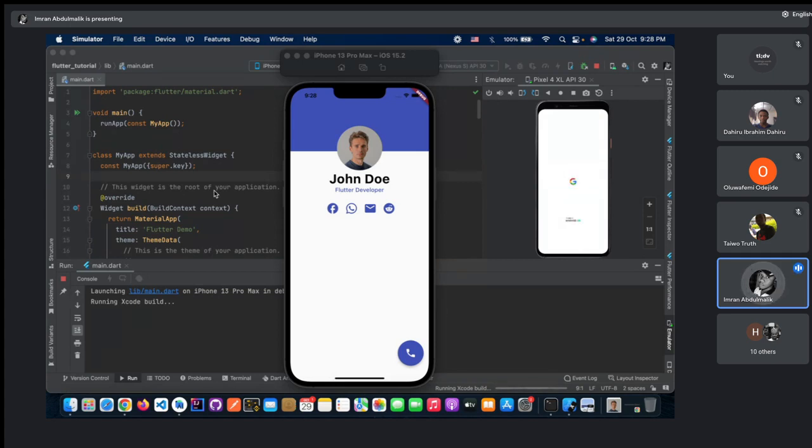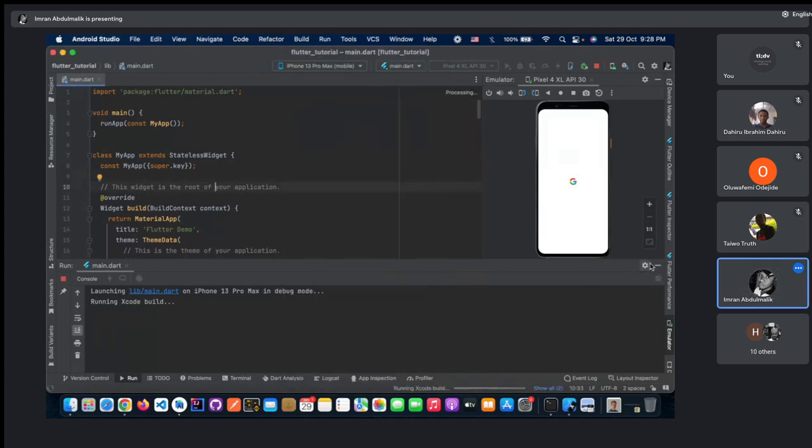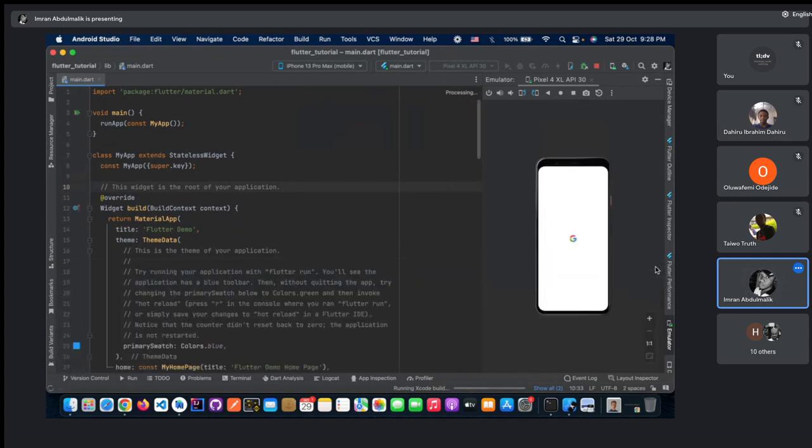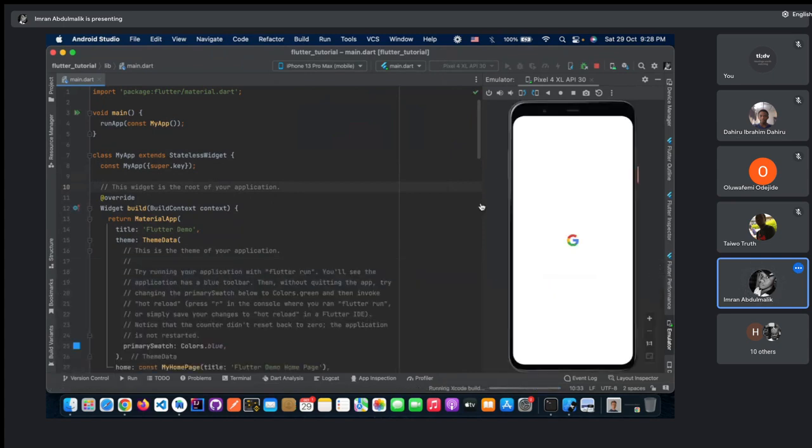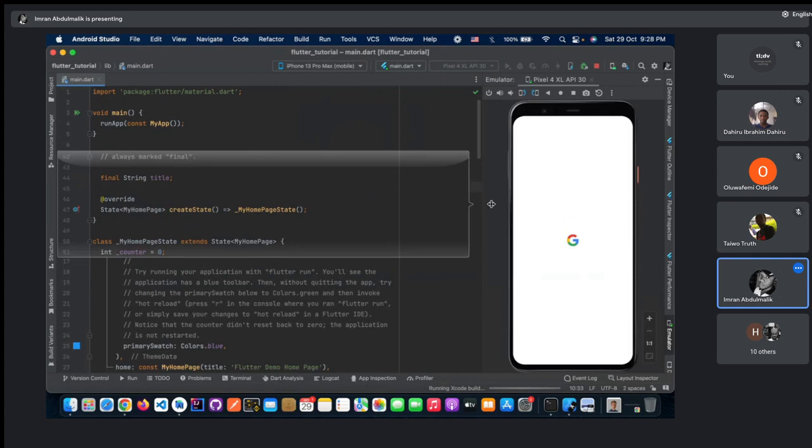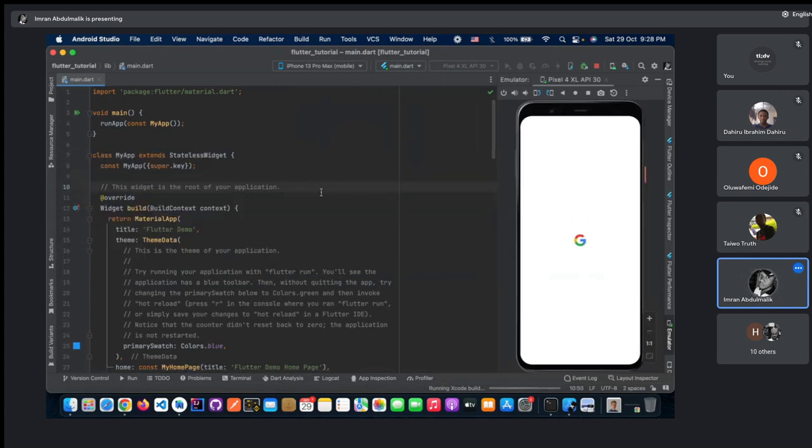All right, so the iOS build is still running, and the Android emulator is starting up also. Okay, so that we don't waste time, while those are coming up, let's